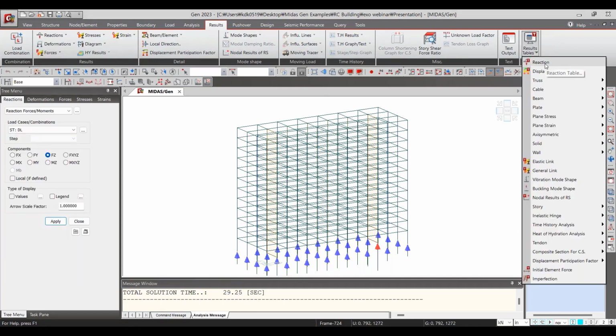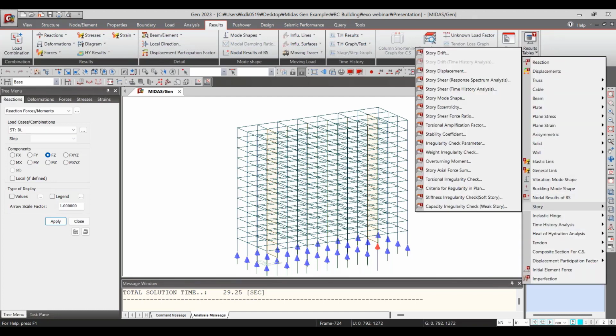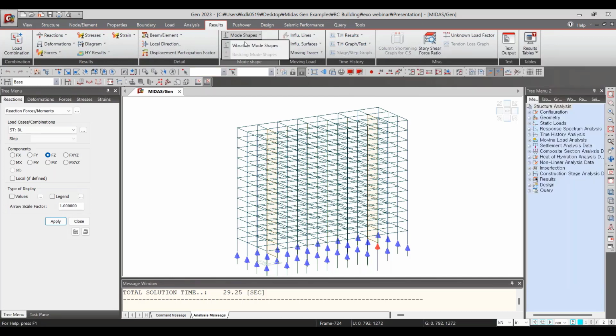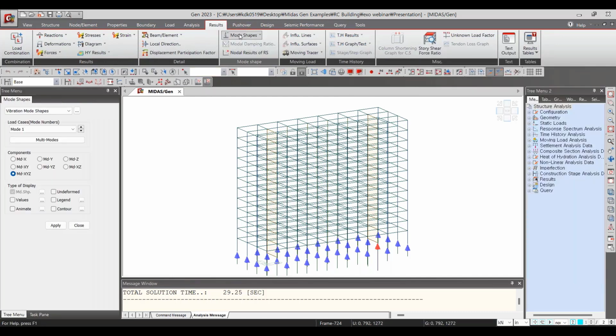If you want to check the result for the story, you can check the story drift, the displacement of the story shear, story mode shape, everything. You can check them here easily. And for the mode shape, as I told you before, you can click on mode shape here in the result and check the